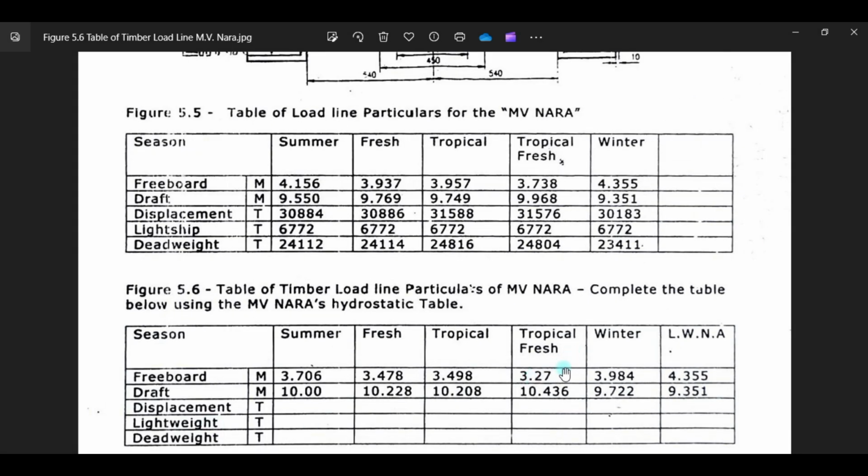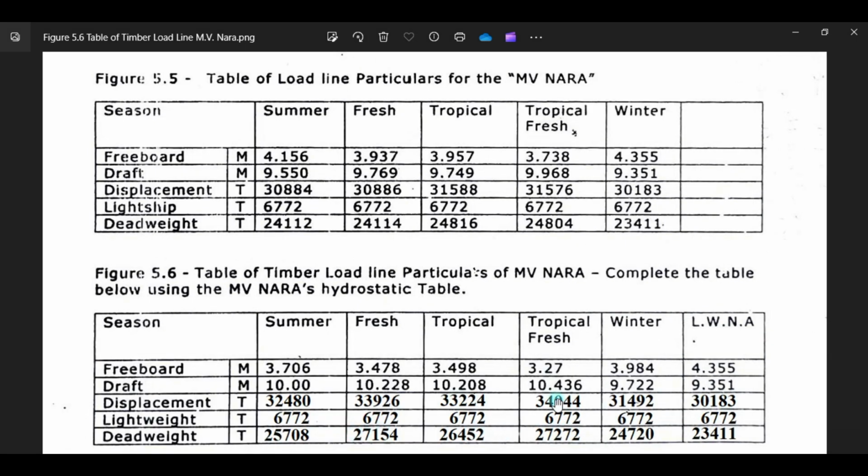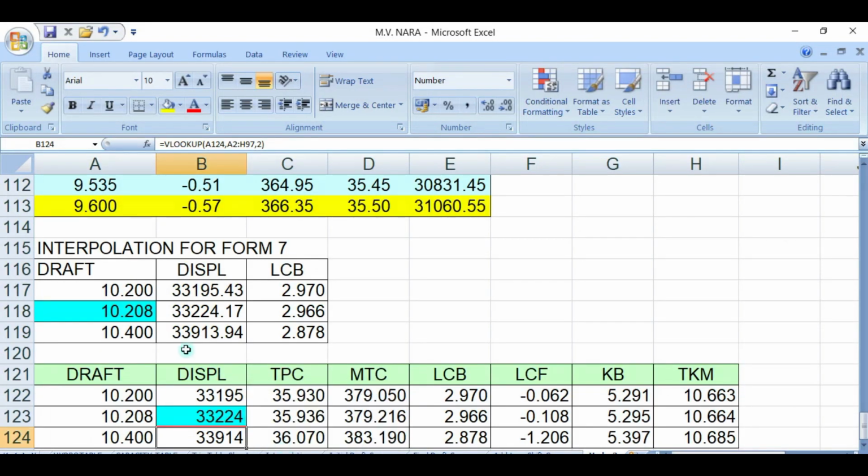Tropical freshwater is 10.436. So we go to your hydrostatic table, 10.436.